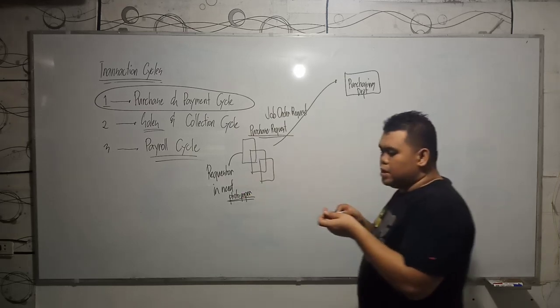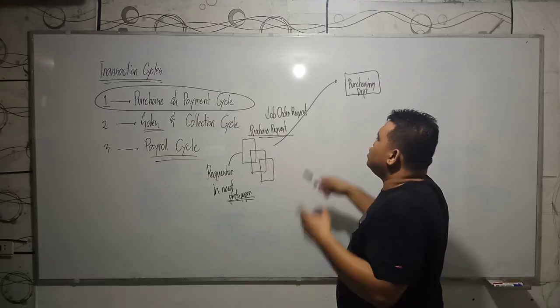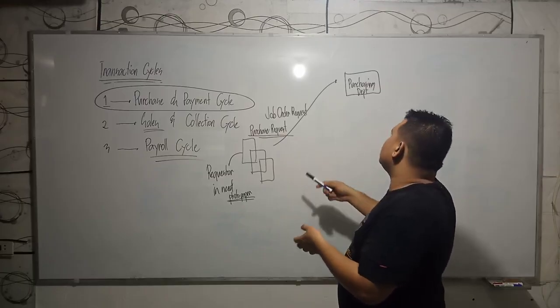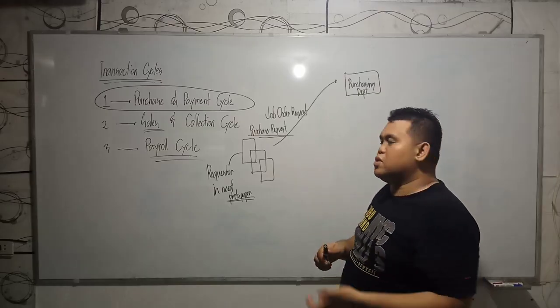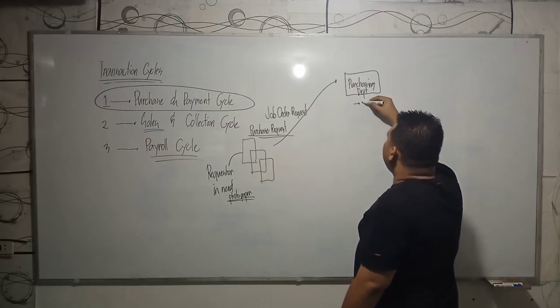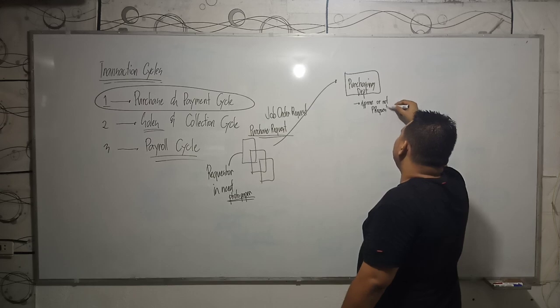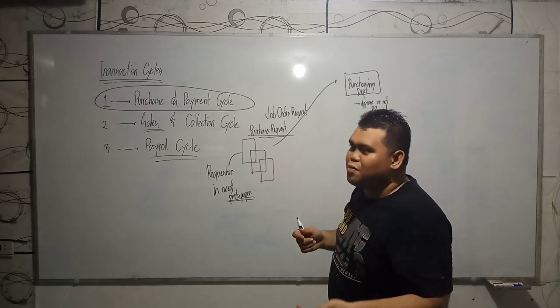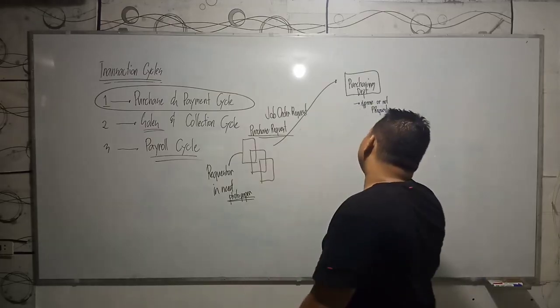And usually, the company does not need this particular supply. So the requester in need needs photo paper. It submitted a purchase request to the purchasing department, and the purchasing department will process such request. So the first one, the purchasing department might approve or not approve the purchase request, especially if it is unusual, it is extravagant, and it is not necessarily needed in the business operations. It will be rejected.